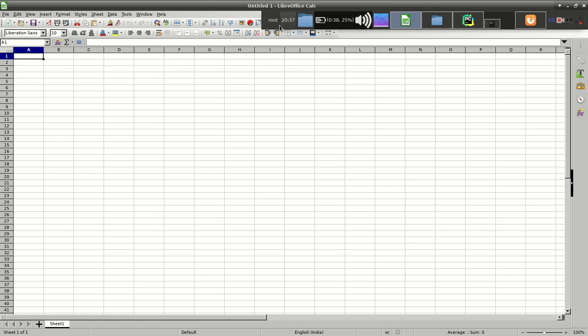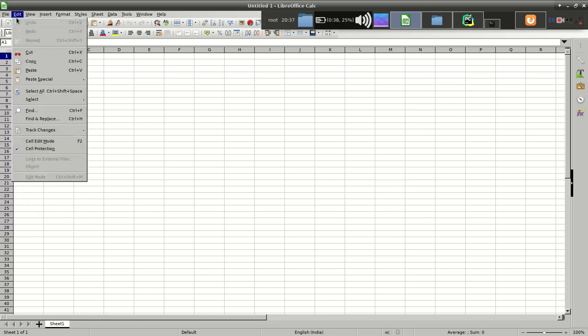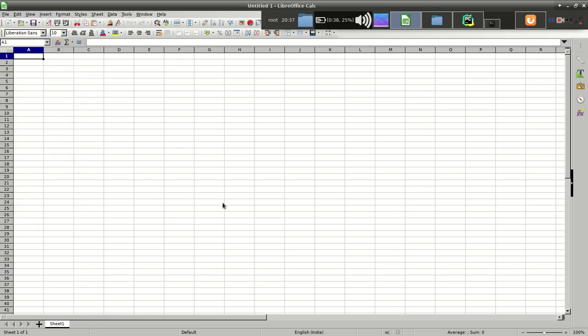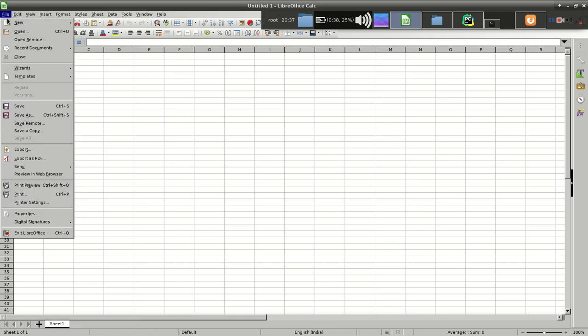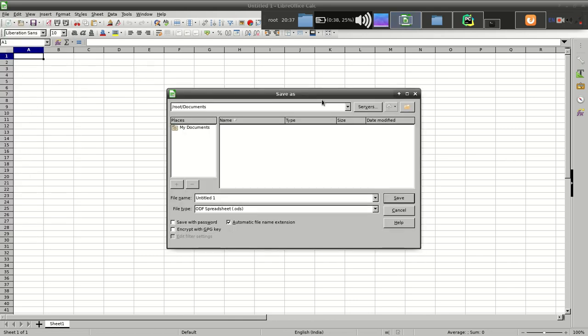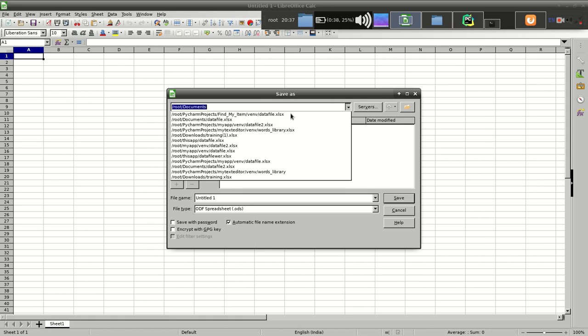Go to the same location. This is a fresh file. I just want to save it, but not here. I want to save it into PyCharm projects.